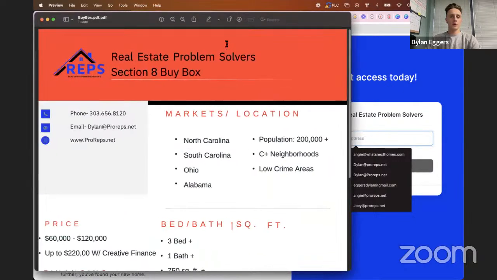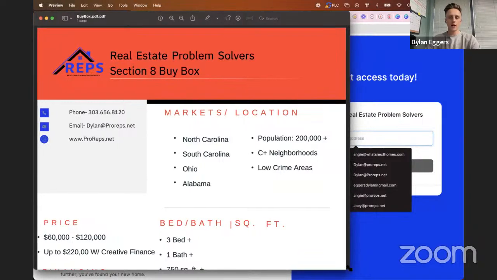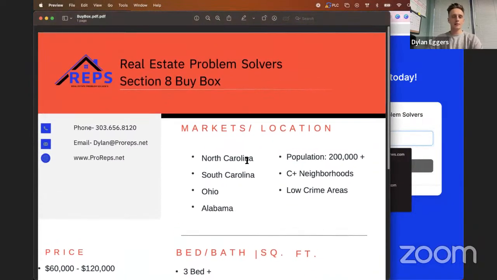One of our primary goals is to buy Section 8 rentals. We think out of all of the buy and hold assets that are out there, right? Airbnb, long-term rental, midterm rental, all that good stuff. We think Section 8 is just a great asset to own because of the cash flow potential, right? There's other assets you can own, other areas you can buy in with